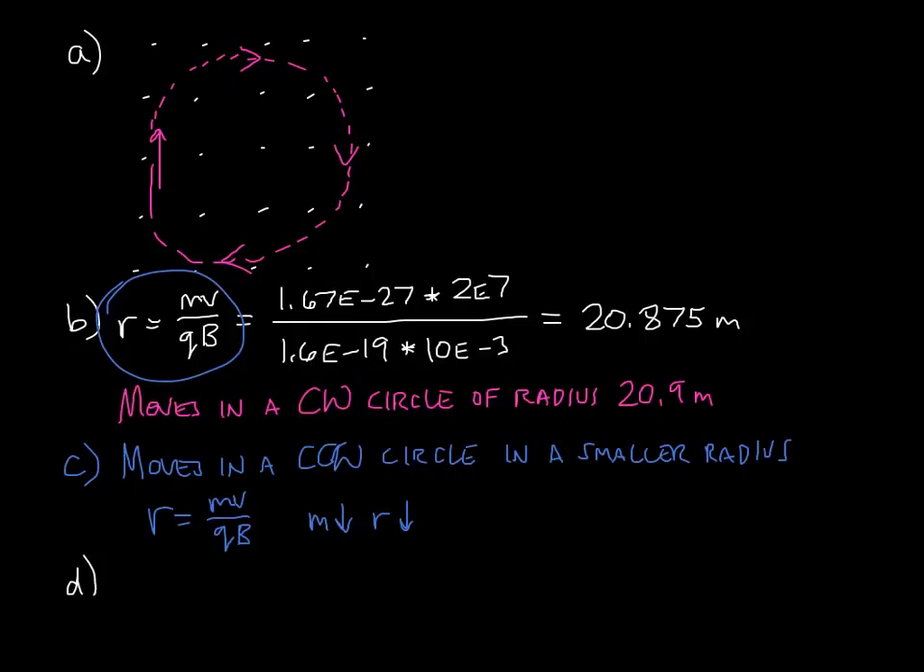And for part D, determine the amount of work done on the proton by the magnetic field. Since it's moving in circular motion, the work done in circular motion, or also the work done by a magnetic field, is always 0 joules, since the force is always perpendicular to the displacement. So force is perpendicular to the displacement,